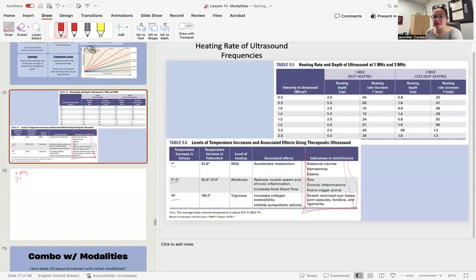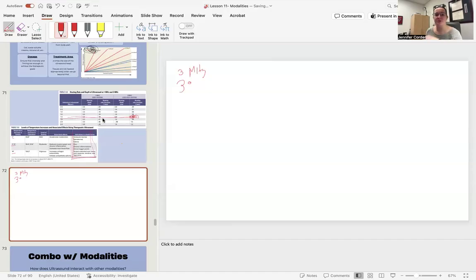So if I look at 3 megahertz, I'll look here and I'll say, hey, what do I want to do? Let's say I want to do 1.5. And so I'm going to do that: 0.82. And that's going to be our degrees per minute change from those settings. So it's 0.82 degrees per minute. And so now we have to determine what time we are going to do. There are 3 ways to do this. We can do 3 divided by 0.82, which is going to give us